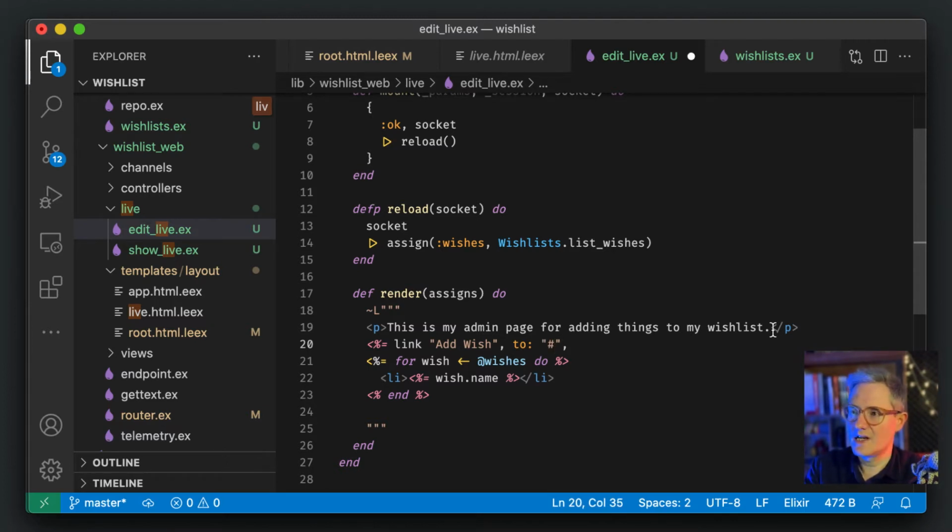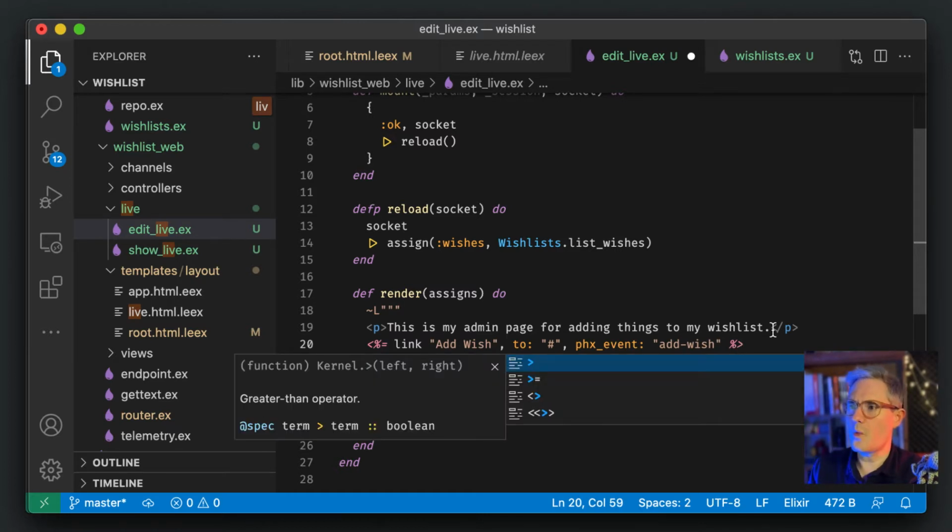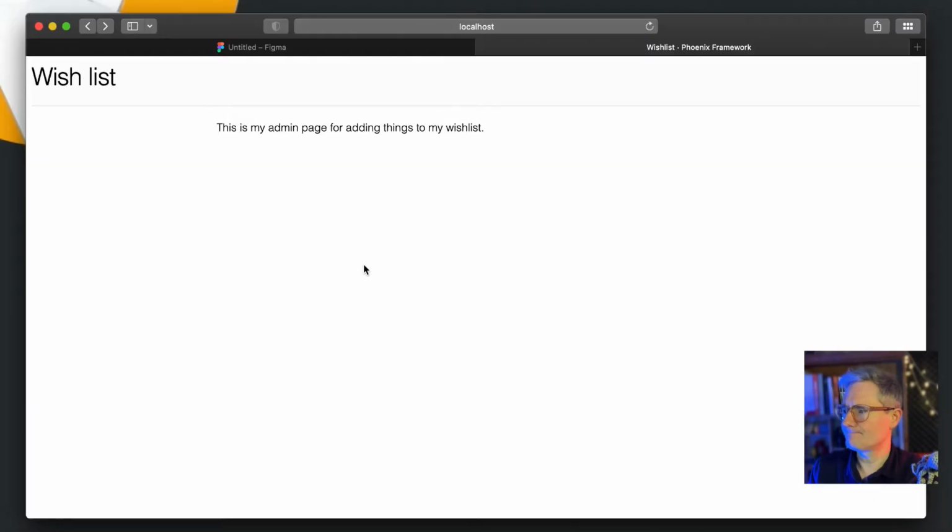So link to hash, and then phx-event is going to be add wish, and then phx, I think that's all we need. And then when we click on that, we're going to hear an error sound because it doesn't exist, but it should try to